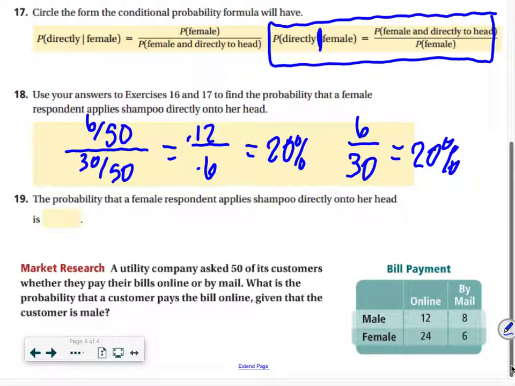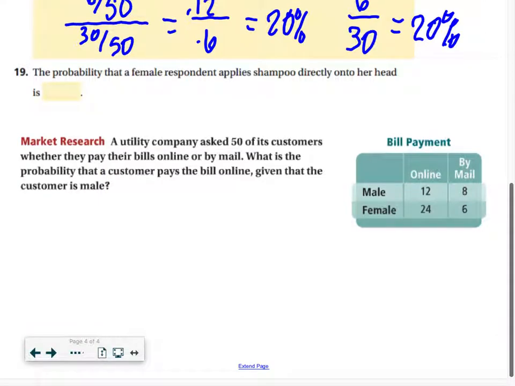Okay, last one. Alright, let's do totals first. What's the total of our males? 20. Total of our online is how much? 50? I was talking about this total, 50. Okay, gotcha. What's the total of our online? 36. And the total of our male? 14. Okay, so I want to know what's the probability that a customer pays the bill online